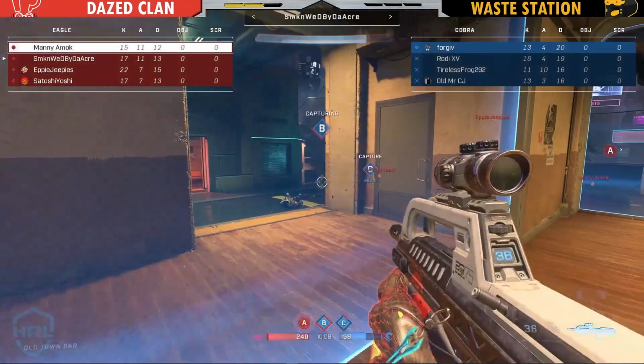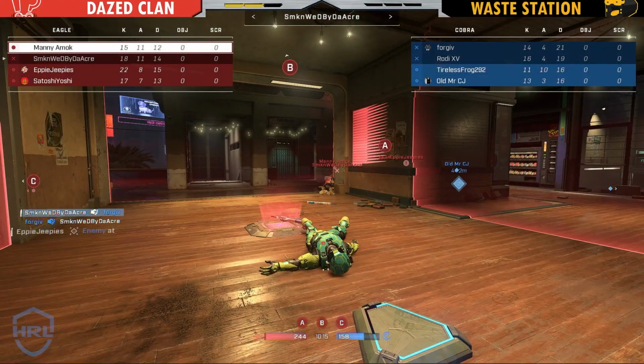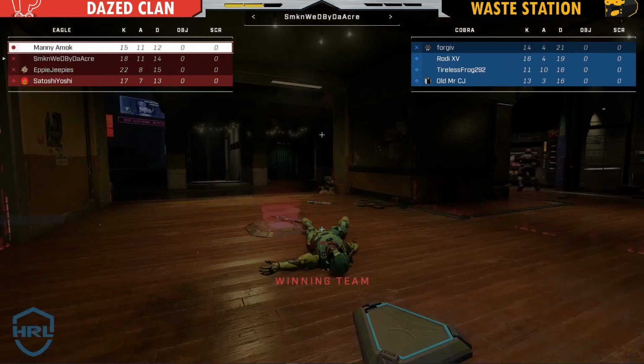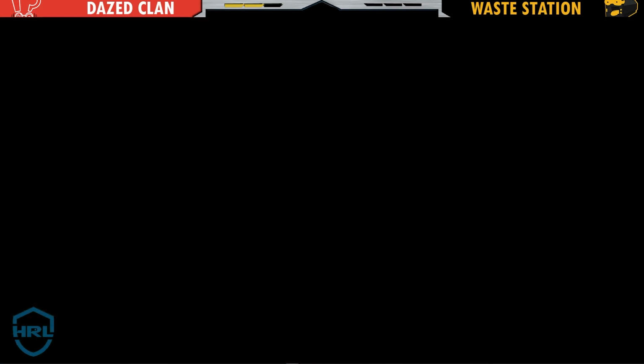And 3 of them go down. This could be the moment that decides it all. B and A are unlocked by Dazed Clan, and it doesn't look like full control. That's going to be the final nail in the coffin, and Dazed Clan will take the series. Fair play to Waystation there. Like, it could have been very...